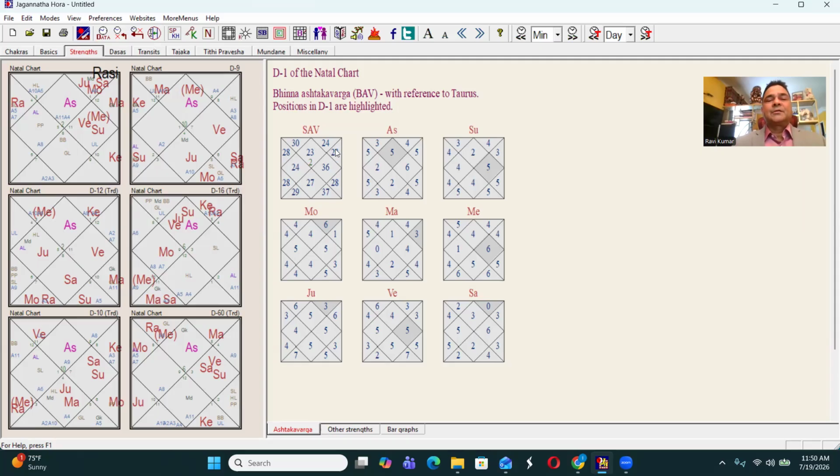This 11th house here, I see 23. The 12th house is 24. So both are less than 28, but relative to each other, 23 is in the 11th house, which is the house of gain, and 24 is in the 12th house, which is the house of loss. So his expense is more than his gain, right? This is the house of loss, meaning expense, and this is the house of gain. So he is going to spend more than what he is going to earn.